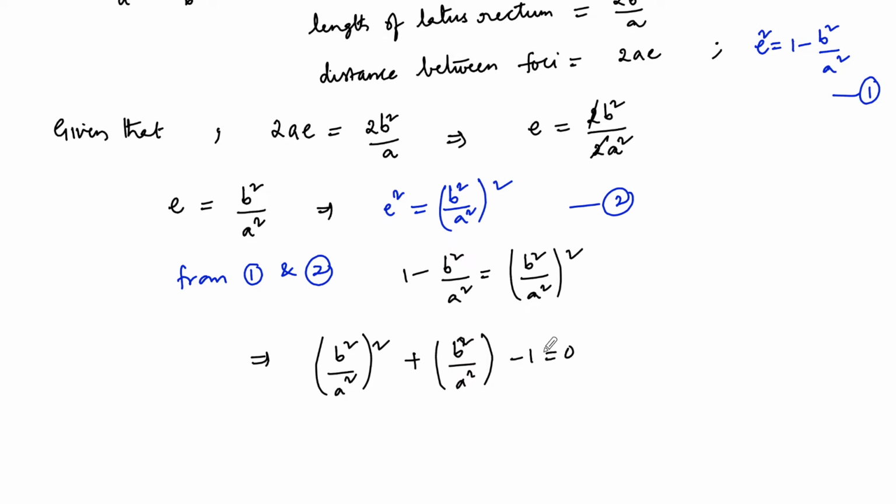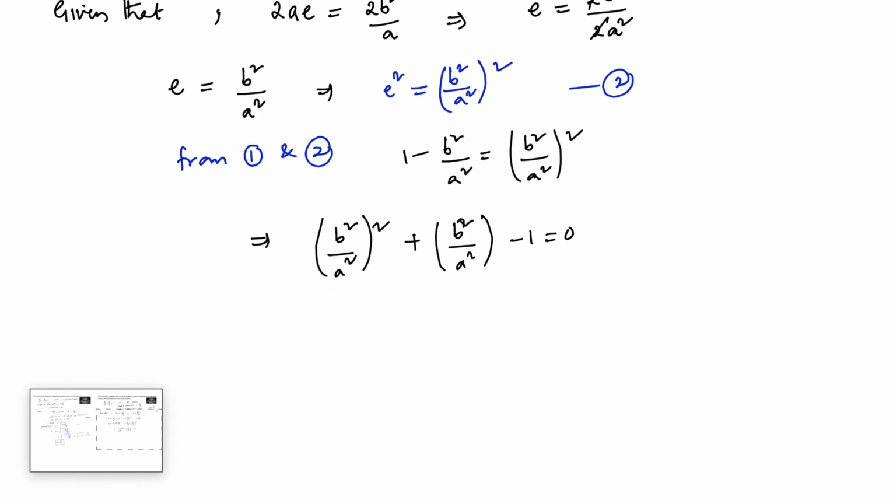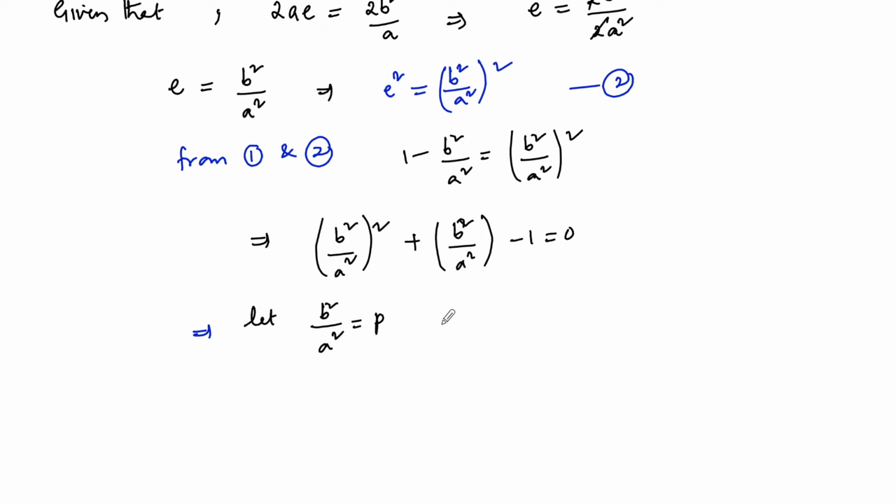It is just like a quadratic equation in variable b square by a square. So, without any confusion, for some time let b square by a square be equal to p. So we'll have an equation p square plus p minus 1 equals 0,